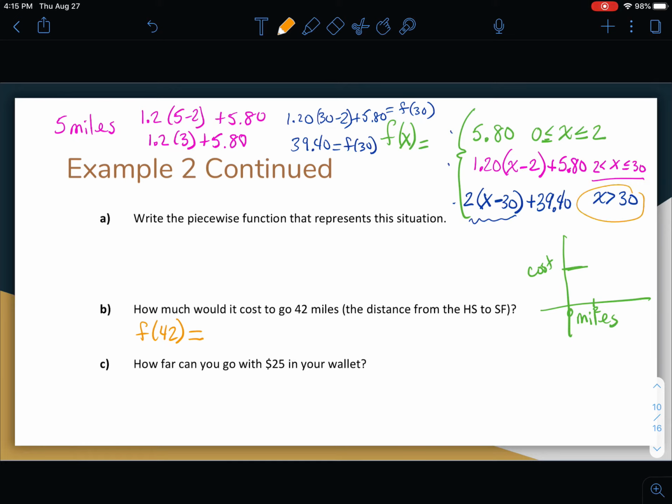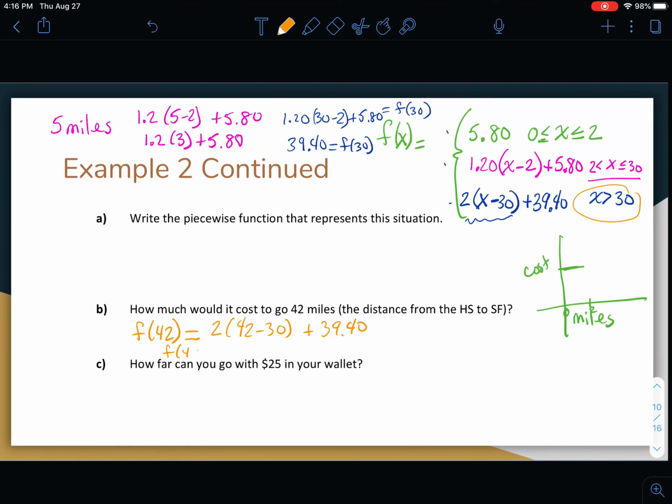It's definitely greater than 30, so it only fits in this third piece, and it will only fit in one of these pieces. So we'll say 2 times the quantity of 42 minus 30 plus $39.40. You'll calculate that, and for f of 42 you would get a total of